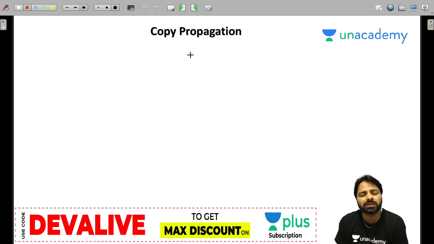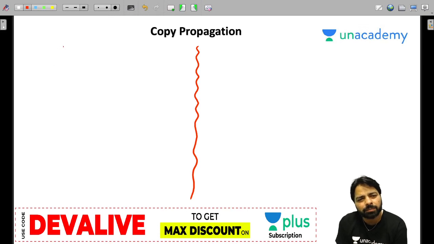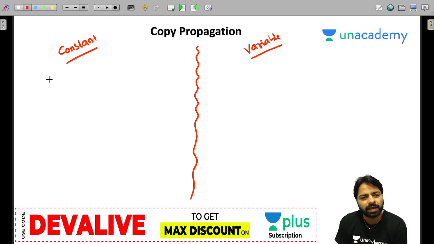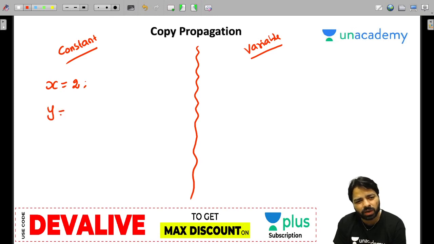Copy propagation. What is copy propagation? There are 2 kinds of copy propagation. One, we can propagate a constant. Another, you can propagate a variable. Example, if you have x is equal to 2, and y is equal to x plus z.